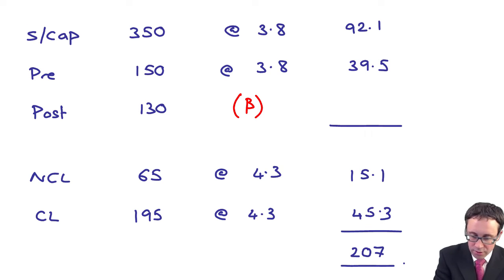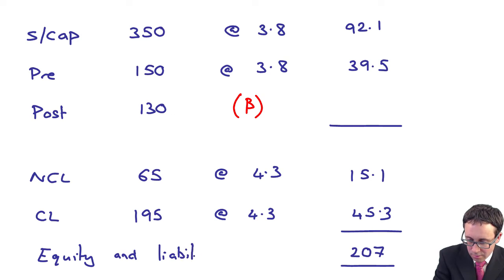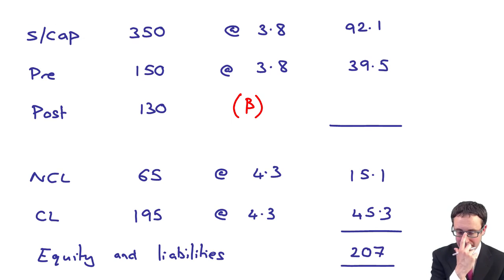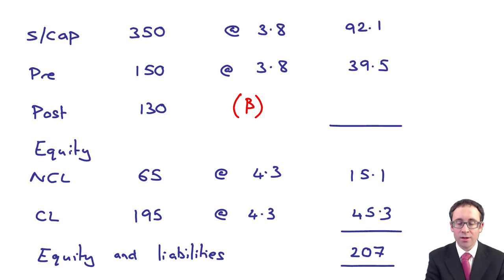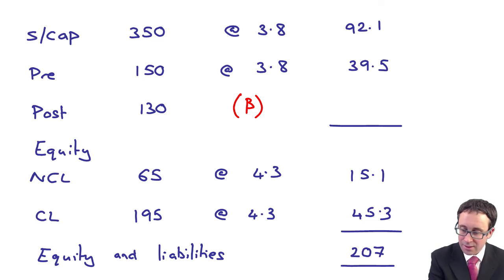The assets at the top are 207, which must then equal the equity and the liabilities. Okay, so we need to work backwards to be able to get the equity figure, don't we? Well, if we know the equity and liabilities are 207, if we deduct the liabilities of 45.3 and 15.1,